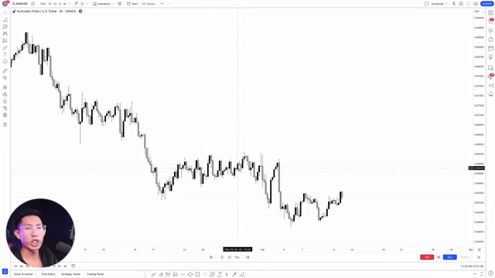So when you look at any chart, the first step you should do is to identify the market structure. I've mentioned this for the past 3 years. The first thing, identify the market structure. Because you cannot spot liquidity if you don't even know the overall trend direction, the overall order flow of the market, whether it is bullish or bearish. So first things first, identify the market structure.